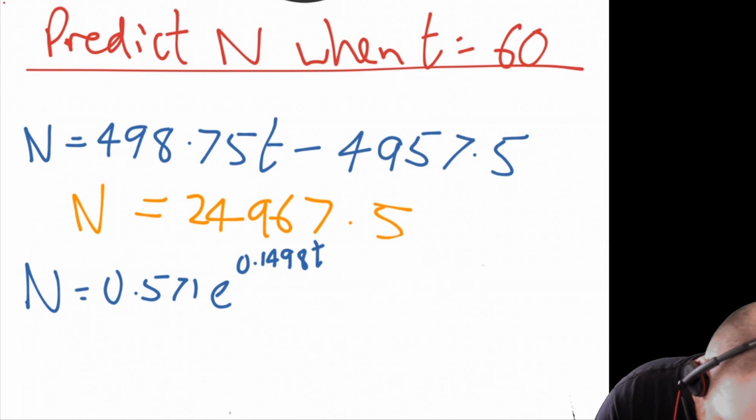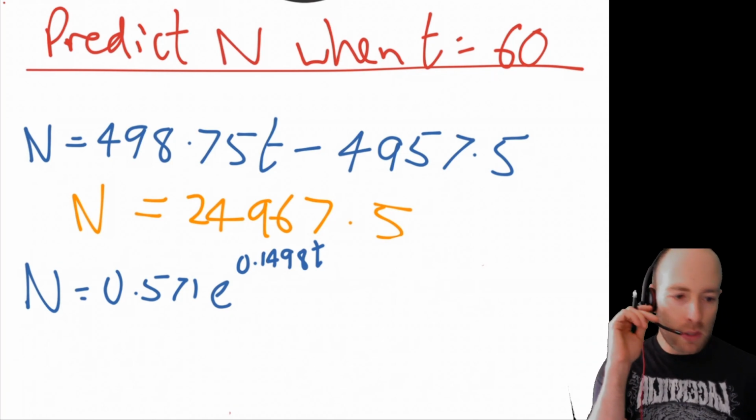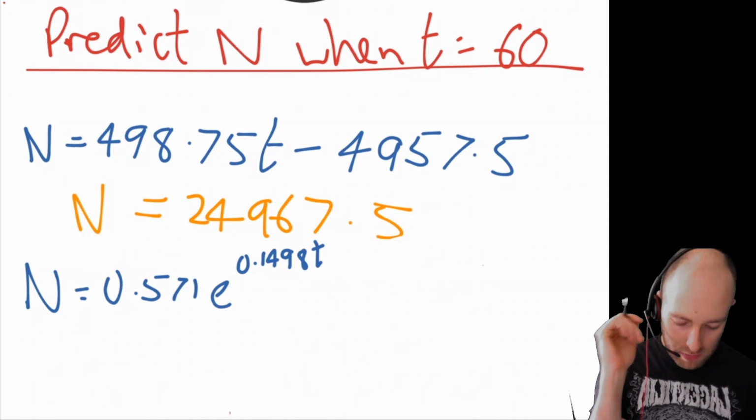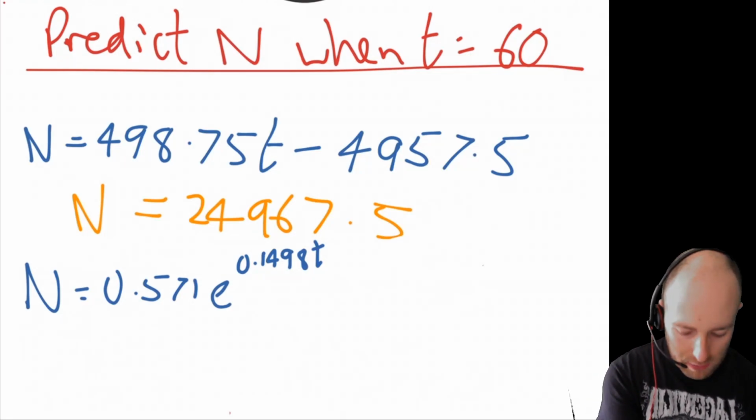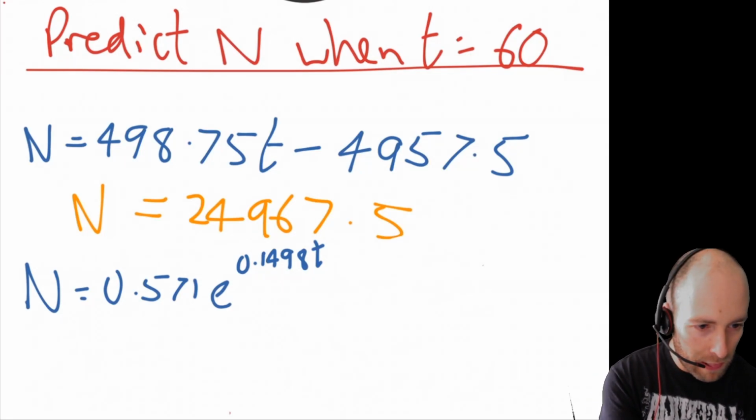And we said t is 60, so real quick, 0.571 times by e to the power 0.1498 times 60. Cool, so we get n. That's even worse. What's going on? Sorry guys, we have to leave this one. So what do I do? 11.18 instead of 1.18. Oh no,